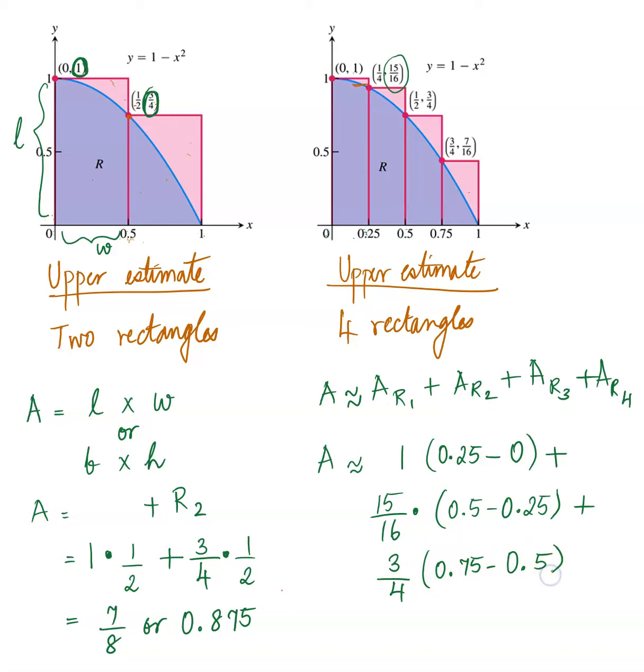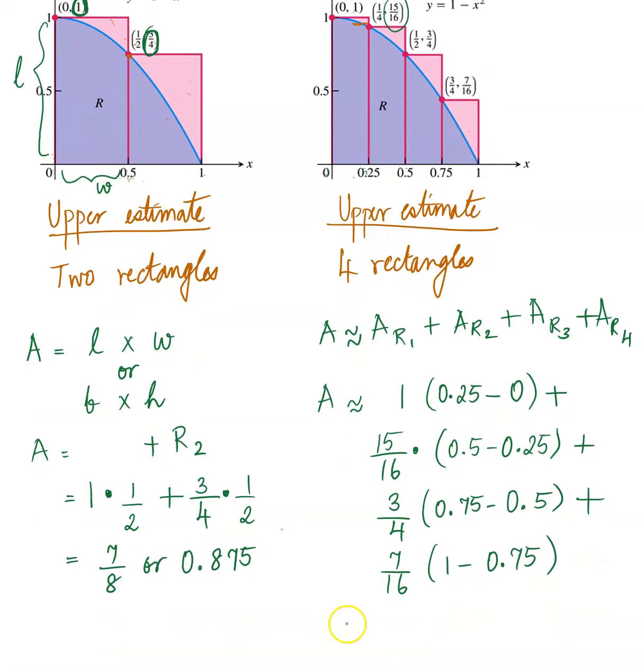You notice that each time we're talking about a width of 0.25. And then lastly, it's 7 over 16 times 1 minus 0.75. So again, if you computed this as a fraction, the answer comes out to be 25 over 32, or